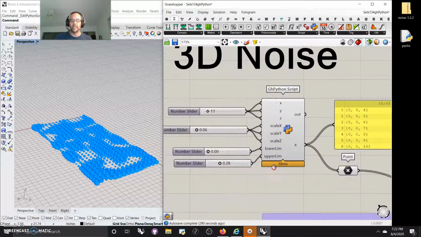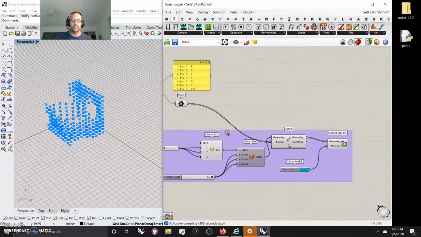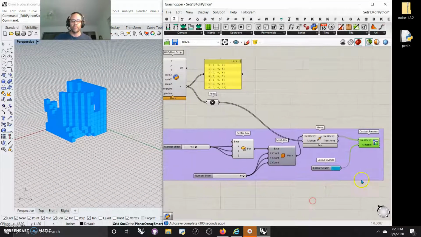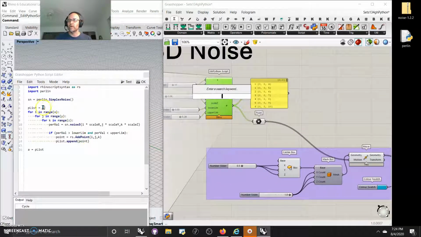They go in and they say, okay, let's make a different Grasshopper script. Let's make a cube. And what he does to the cube is he actually ends up putting a beautiful box pattern. This should be pretty common for the intermediate or even basic Grasshopper user: how to use a setter box, how to make a mesh box, move that box, and do a custom preview of it. But the script itself in here becomes a little more complicated because they do the same thing, bring in Rhino script syntax as RS, import Perlin, and then they use the Perlin simplex noise, which has to be brought in here for this